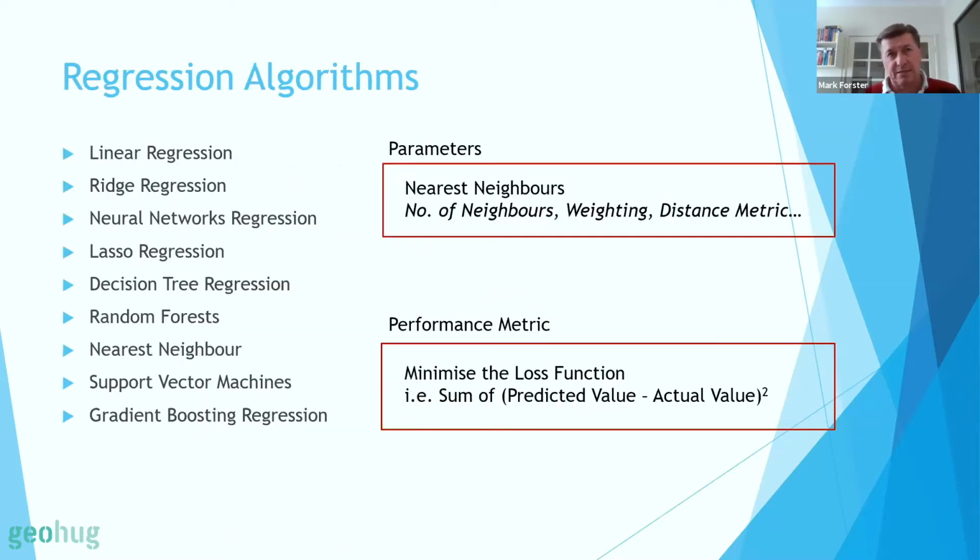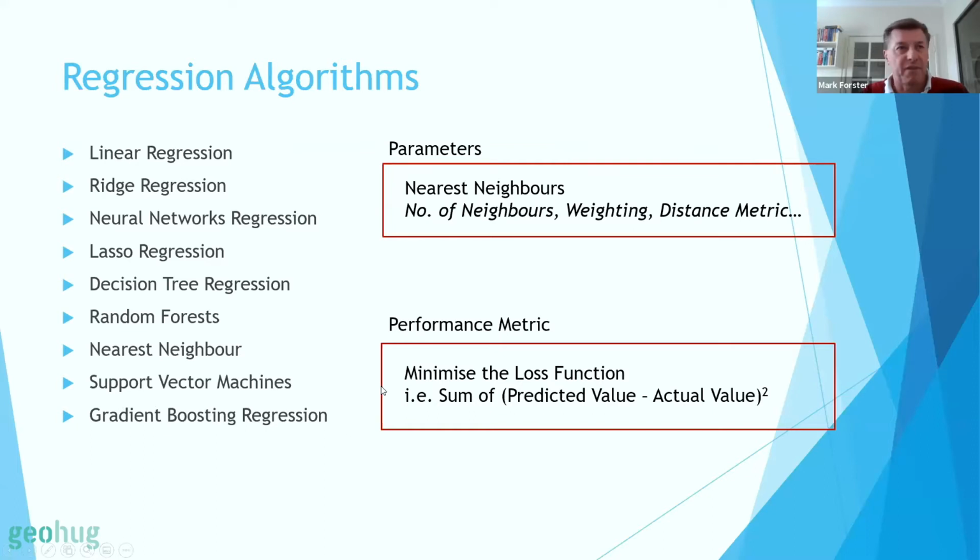So there's lots of different types of algorithms and lots of ways to configure those algorithms. Some of them you may have heard of, things like linear regression, decision trees, neural networks. They've been around a very long time, but there are others you may not have heard of. We've got things like random forests, which are essentially groups of decision trees. So you use multiple decision trees to aggregate an answer or a prediction, to give you the best result possible.